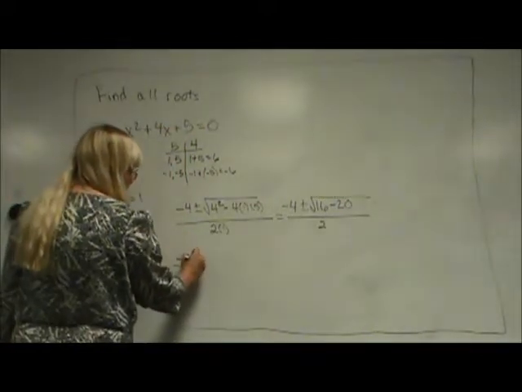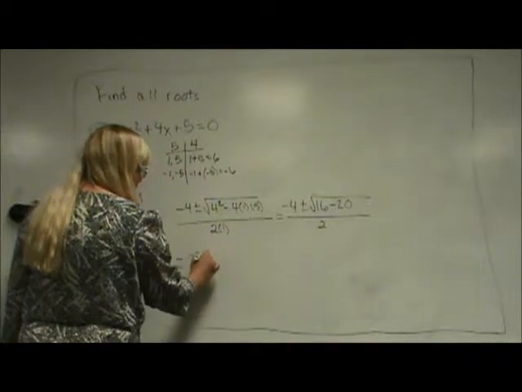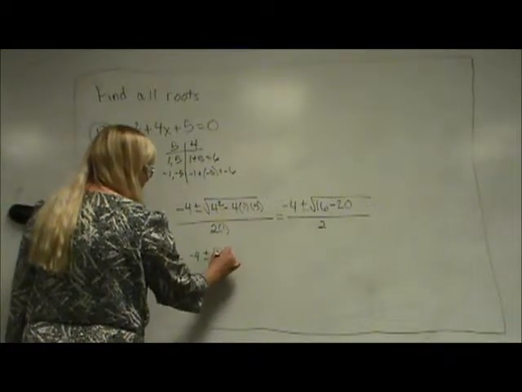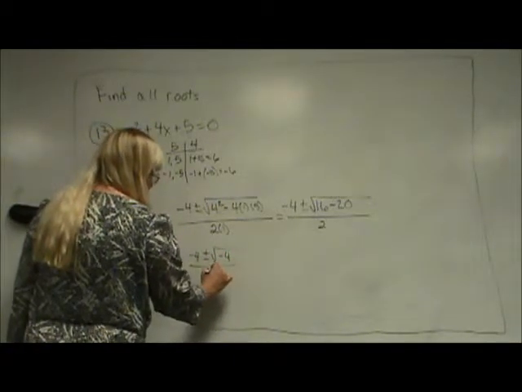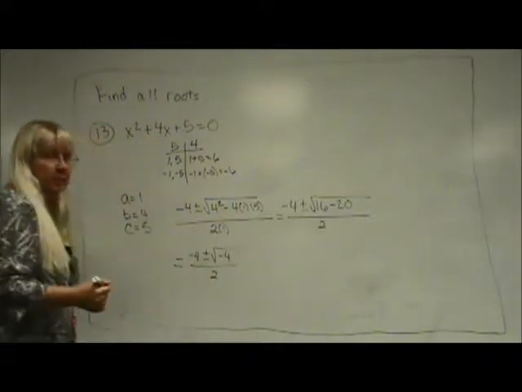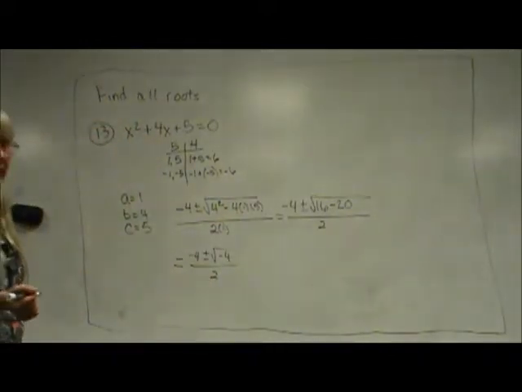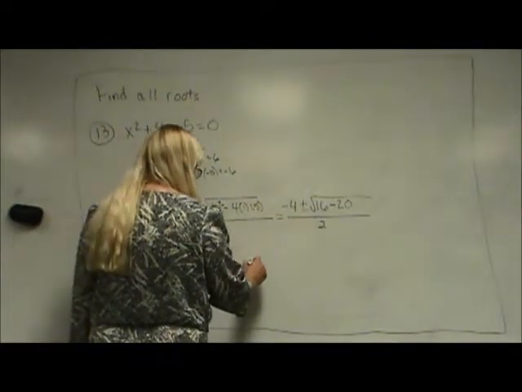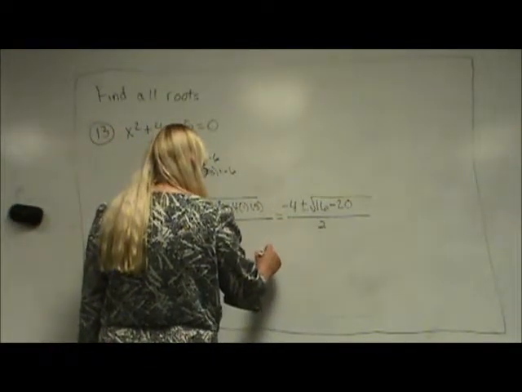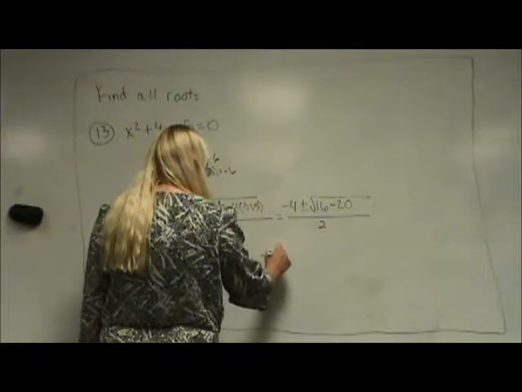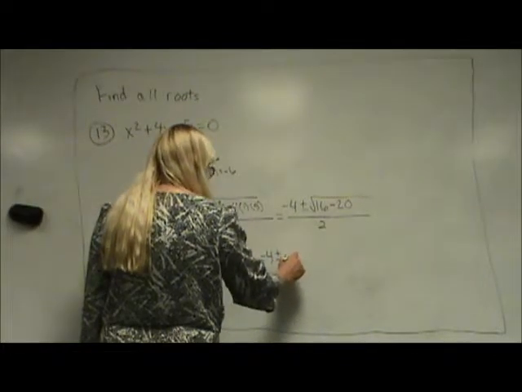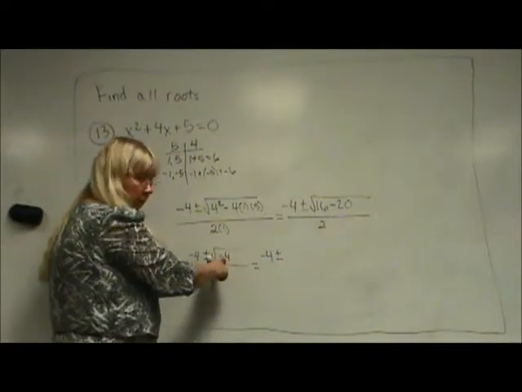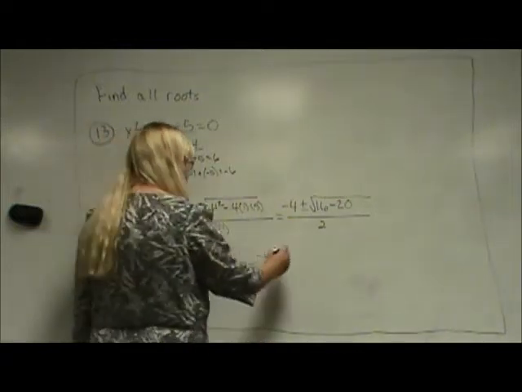Bringing that down, I'm going to get -4 plus or minus the square root of -4, divided by 2. Remember, when we have a negative under the radical, we're dealing with an imaginary number. So I have to take that out as an i. So I have -4 plus or minus, and this is a perfect square, so I can take out a 2. So I'm going to have 2i